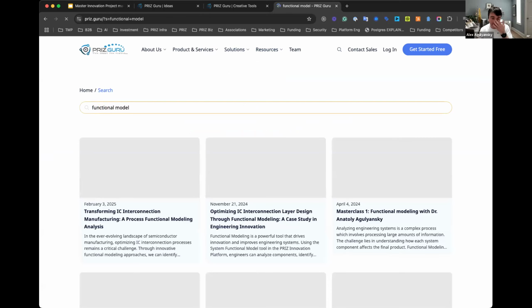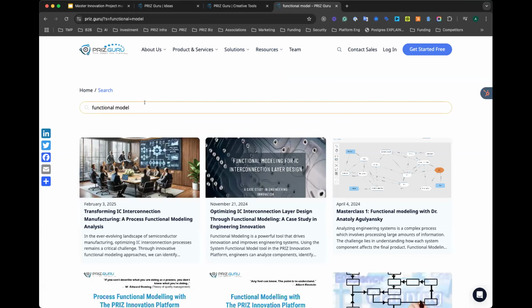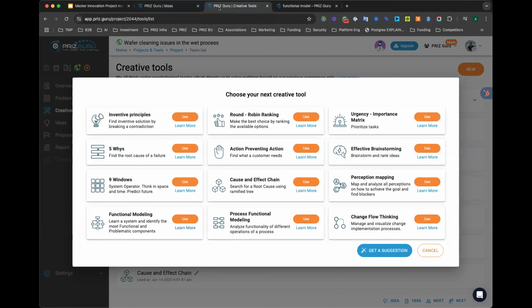Alex, the question is, in your experience so far, what kind of organization is a better fit for using this system? I understand this is universal, but so far, who showed the most interest? Is it academia? Is it manufacturing organizations? Is it research? What do you actually see when you present this to the world?